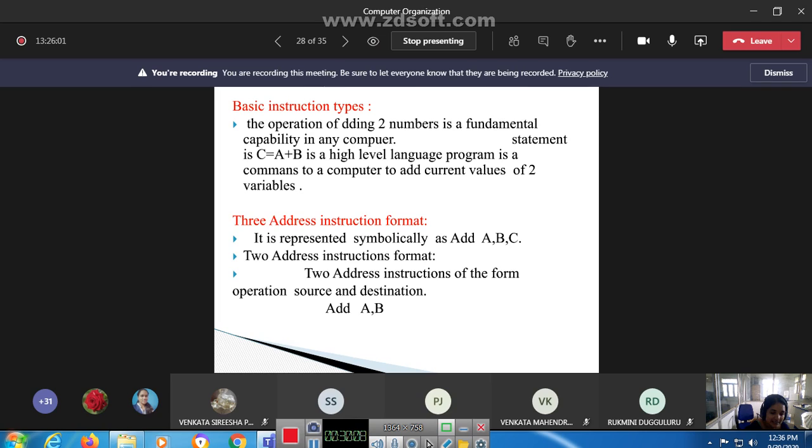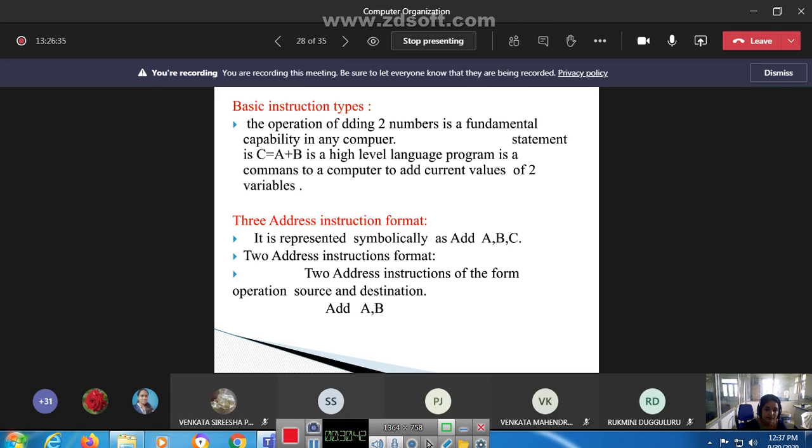The statement C is equal to A plus B is a high level language program statement. It is a command to the computer to add the current values of the two variables called A and B and assign the sum to the third variable C. The contents of these locations represent the values of the three variables. To carry out this action, the contents of memory locations A and B are fetched from the